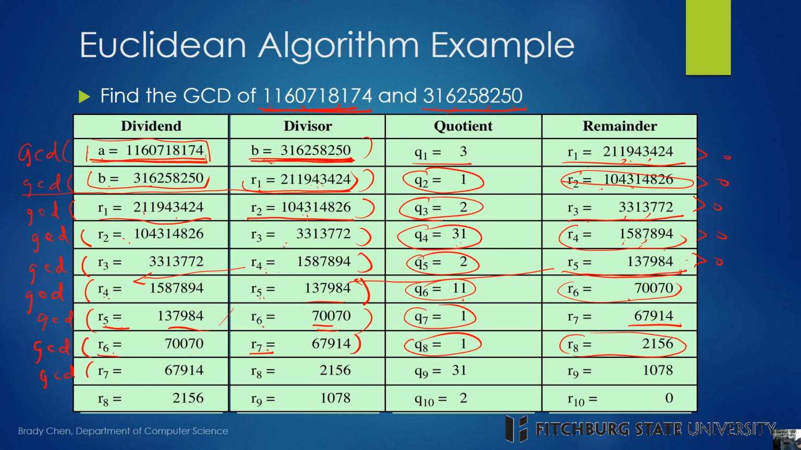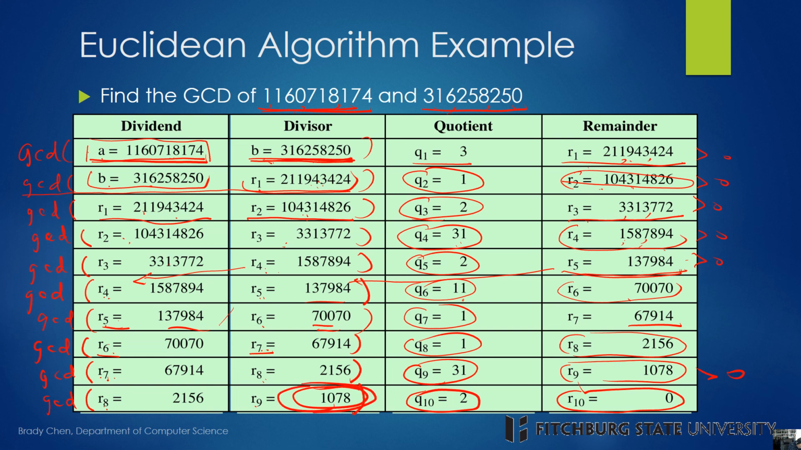We continue to do this. Replace R6 with R7, replace R7 with R8, and we divide R7 by R8. We got a quotient 31, and the remainder 1,077. Okay, still greater than 0, right? So replace R7 by R8. Now the problem becomes finding the GCD of R8 and R9, and divide R8 by R9. We got a quotient 2. We got remainder 0. Then we terminate, and we know